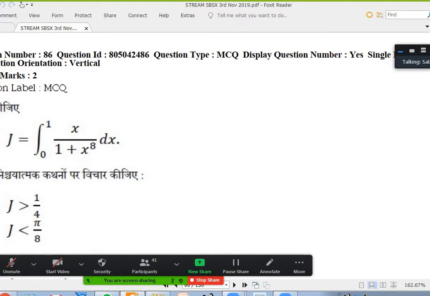Let us say I have a function. It is very difficult for me to find the area under the curve because the function is not easily integrable. What will I do? I'll take some curve which is a little higher than that, which I can integrate easily, or some curve which is lower than that, which I can integrate easily. Then I can say the area under this curve should be less than the area under this curve, and more than the area under this curve. So it is up to your expertise to decide some function which is above f of x, and some function which is below f of x. Even though f is not integrable, these two should be integrable. You should be able to identify those functions.